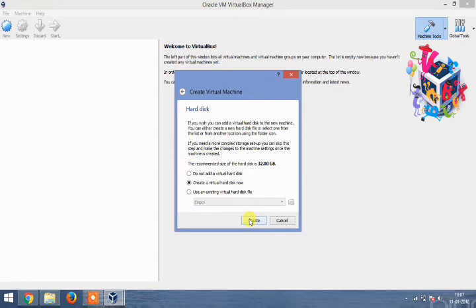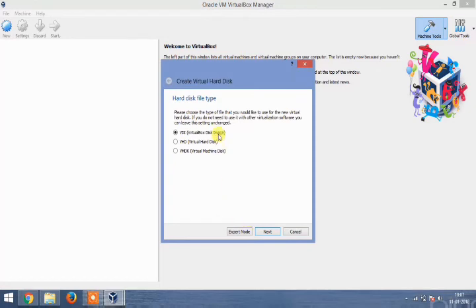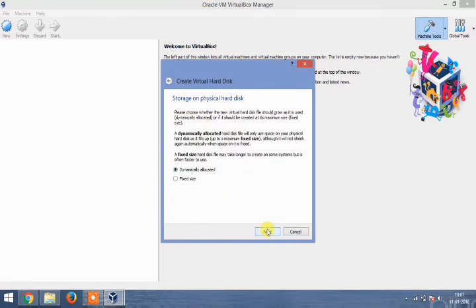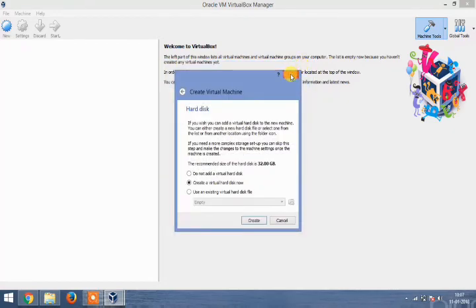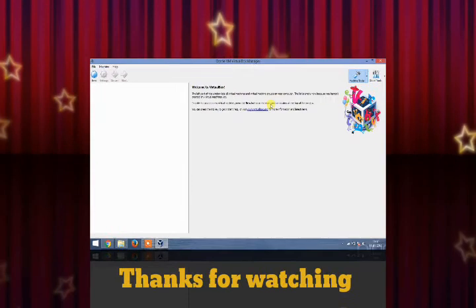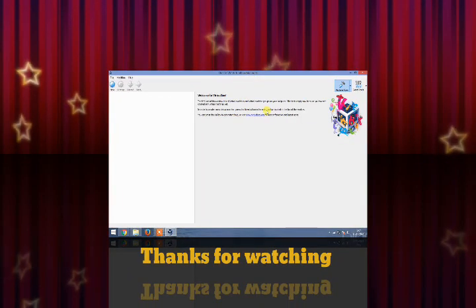If you want to use some other operating system, you need to download the ISO file of that operating system, and then you proceed further. Just create a VirtualBox machine disk and click on next. The remaining is general. It will ask you how much RAM you want to allocate for the other operating system and how much memory you want to allocate,